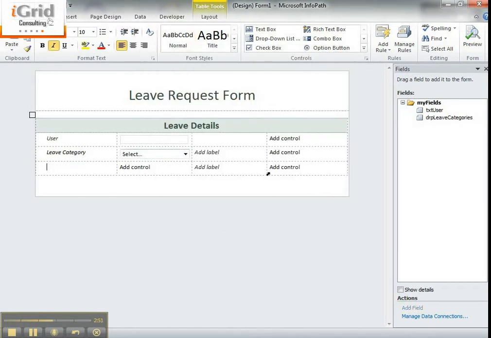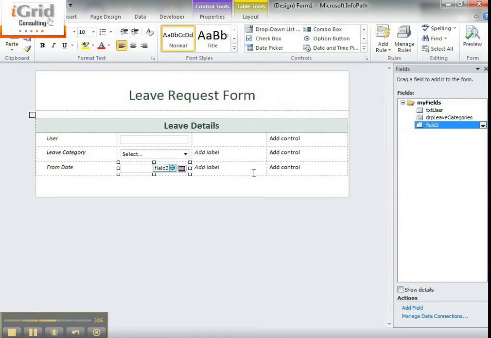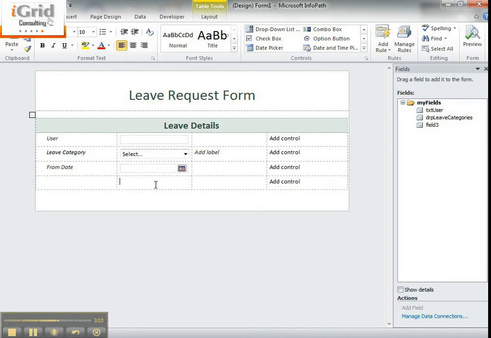Then I will also add certain other fields where I'll say from date. So in the from date I will use certain other controls. We have date picker, so I'm going to use the date picker, and then I will add another row here, and here I will put to date.